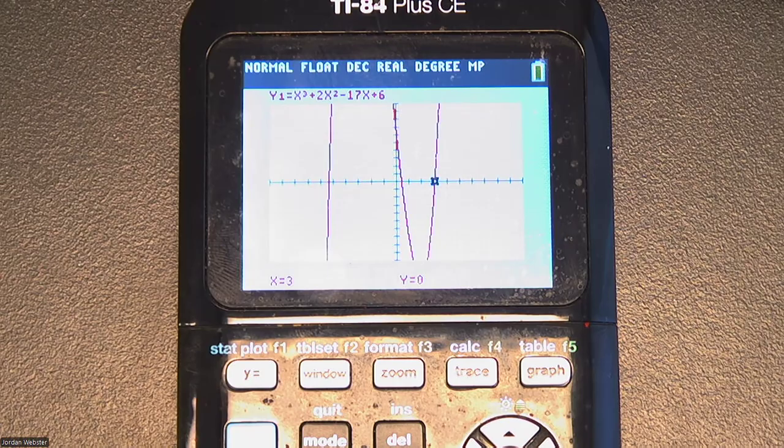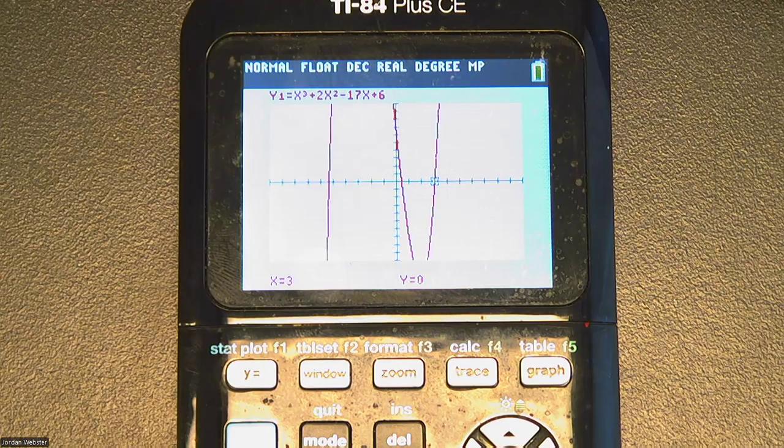Obviously, as we can see, this graph crosses the x-axis at 3 points. That means the other 2 are irrational, right? My other 2 options are irrational values, okay? Which come in irrational conjugate pairs. So,